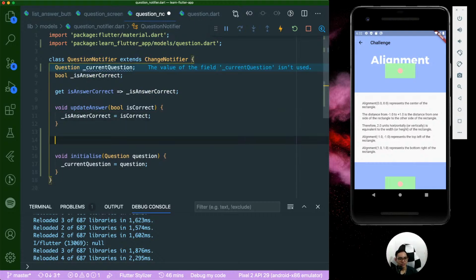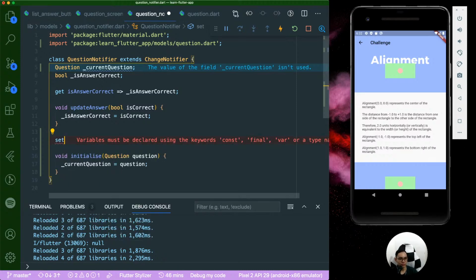Anyway, so I have the current question that I can do, and then I probably can set or update. Current question, update answer. Okay, you can update the answer. Then is answer correct? And then after that you can set stuff, I guess. So how do you do a setter method? I have no idea. I think you do this as well. Then you say